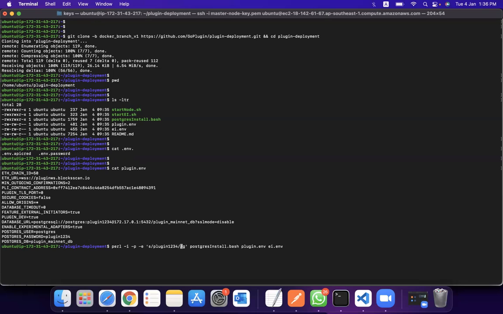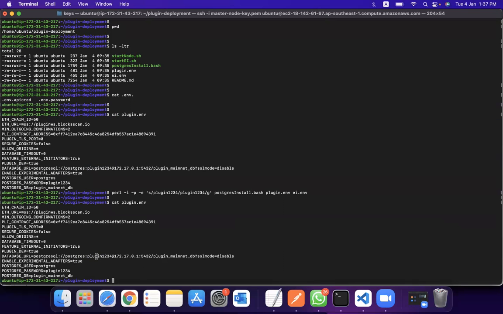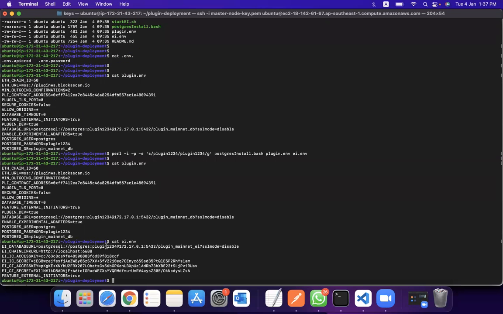For this demo, I would like to go with the same password, so there is no need to replace it and use this command, as the environment file already has this password. But just to showcase the use of this command, I have replaced it with this. And if you see, it's still the same password here, and it's the same password in the ee.env. Okay, done.